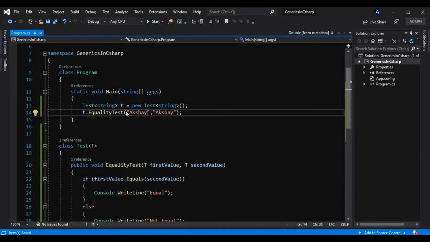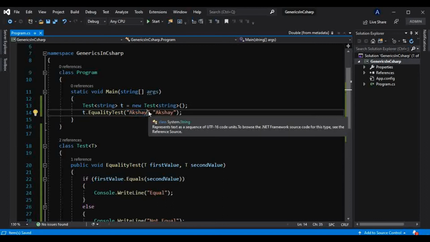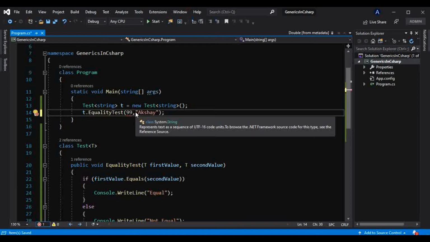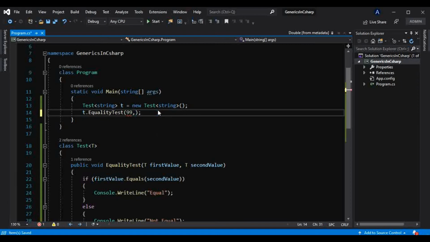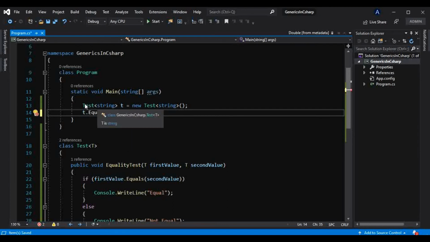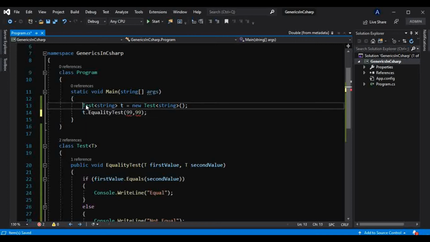Let me show you, if I try to use integer here instead of string, the compiler will not allow us to do that. It is throwing an error that says cannot convert from int to string, because we are using generics with the class now, and not with the method.